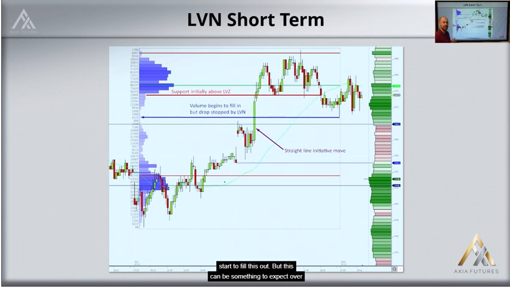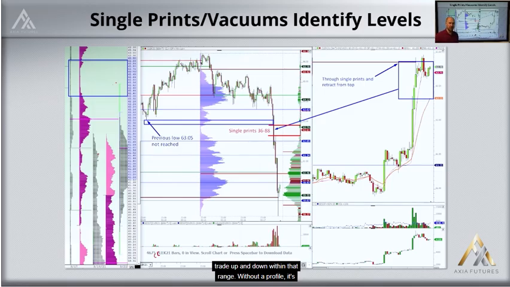But this can be something to expect over the coming days, that any fall through this point where you've got 986 lots, fall back through 34.65, the level, then you can trade up and down within that range. Without a profile, it's also not so easy or clear to define where markets can get stopped or where the acceleration points can come from. So if we're going to have a little look at this,